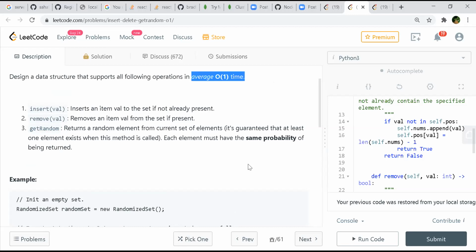Insert and remove should be very simple in a set, in an unordered set, right? It will be just insert or remove. But the only trick is getting a random, because my understanding is that to get anything random I need some sequential data structure.